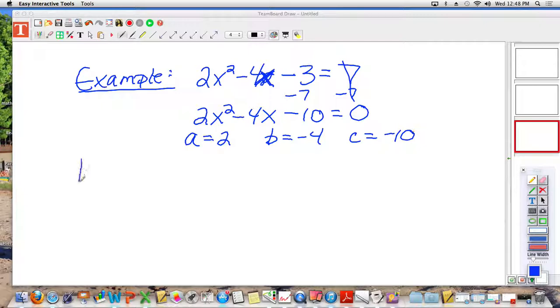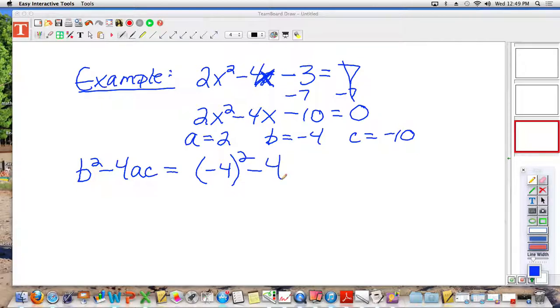Alright, so when we calculate the discriminant, b squared minus 4ac, the b value in this case is negative 4. Please, please, please, Pinky promise me that when you calculate b squared, you put the b value in parentheses. So many people forget, you will get a completely different answer. Should be negative 4 in parentheses squared minus 4